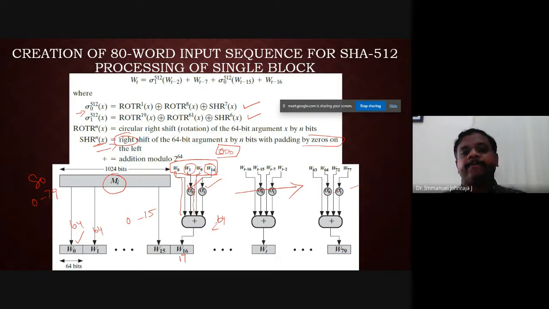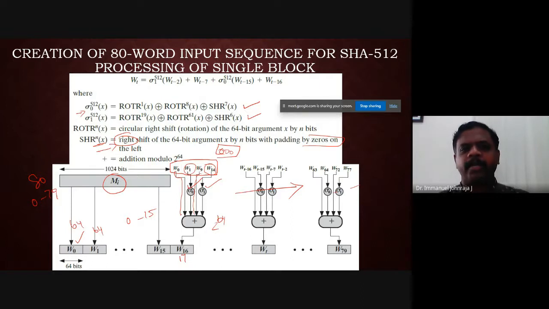All right, so finally you will have your buffers, 8 registers of 64 bits each, that would have been changed hugely, and that will be your digest, the message digest or hash code which you get, which is going to be of size 512 bits. Okay, that's what is happening in SHA 512. Right, so this is quite interesting. Probably one or two images or diagrams you may have to remember, but it is a very interesting one. You can't make any mistake when you are doing the calculation.